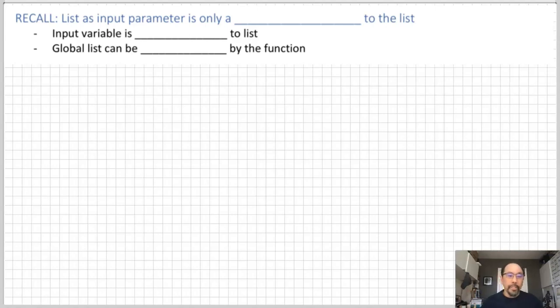Hello class, we're going to continue again on Python list. This is part 5, I think. Okay, we previously talked about this whole idea of passing lists as parameters, and we're going to talk a little